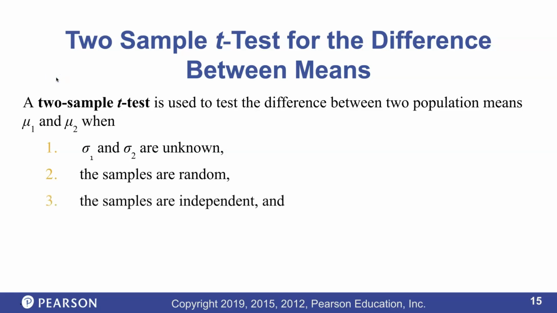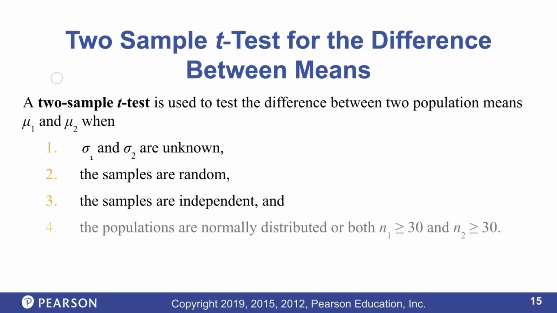Samples are independent. If they are dependent, we're going to use a different test. So that's for 8.3, and we plan on going over that during class next week. But for this test, samples are going to be independent, and the populations are normally distributed, or using the central limit theorem, at least the sample sizes are greater